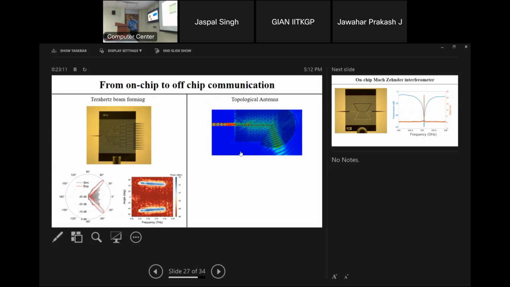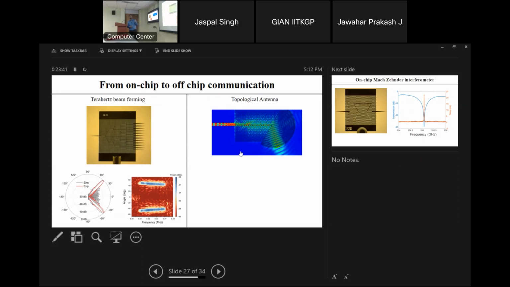The second approach is that we can design some graded refractive index media. The wave propagating in the chip sees the refractive index of silicon, but if it has to go to air, the refractive index is 1, so there will be a high impedance mismatch. Then we have to come up with a graded refractive index concept so that the wave can slowly go out of the chip, and only then can we realize on-chip